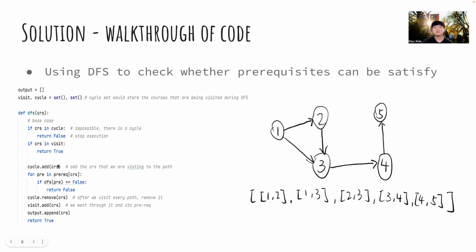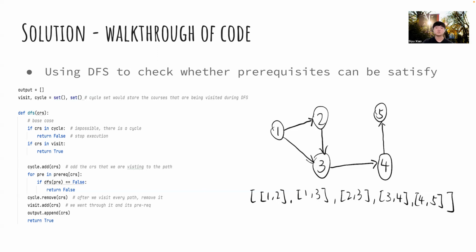And the main idea for this depth search is to check whether the course being visited has a cycle or it already exists in the visit set. If not, we continue to visit the prerequisites of the course that is currently being visited. This means that we need to call depth search on the prerequisite as well, to check whether its prerequisites have other prerequisites. During the depth search, to check whether a prerequisite can be completed without encountering any cycles,